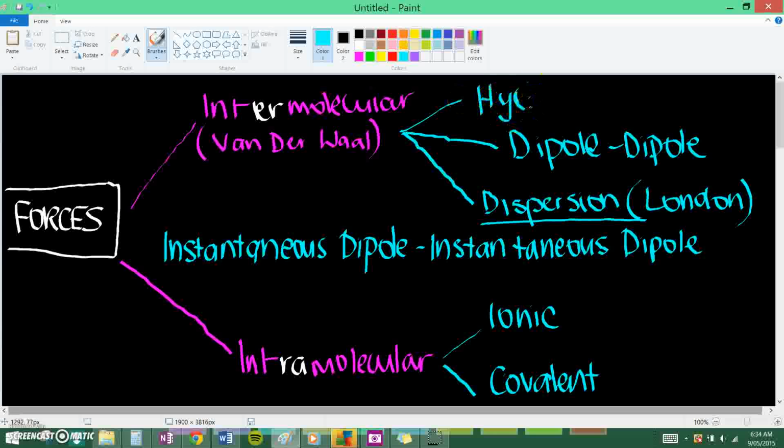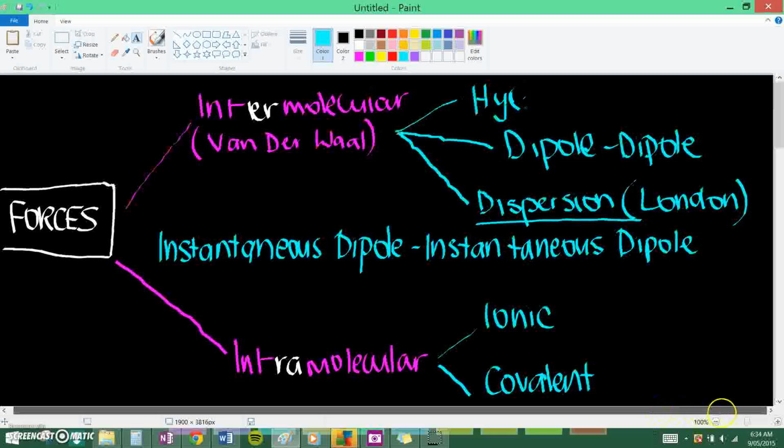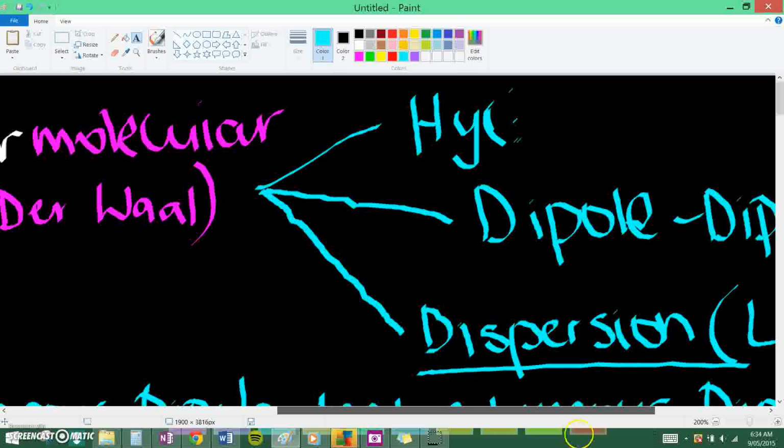Oh, my stylus is stuffing up, I'm sorry. I don't know. Oh, maybe I'll zoom in. Sorry. Okay,